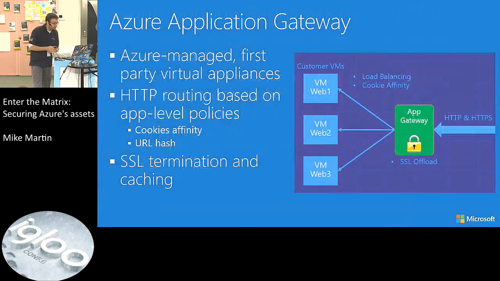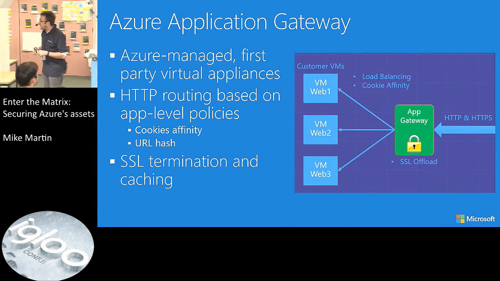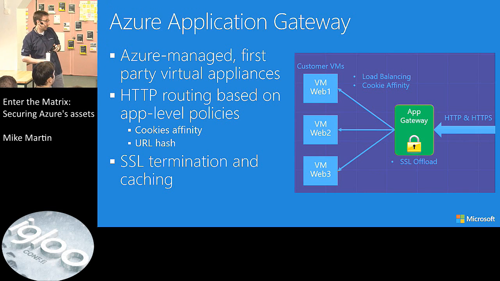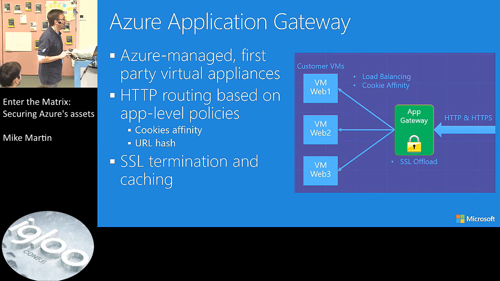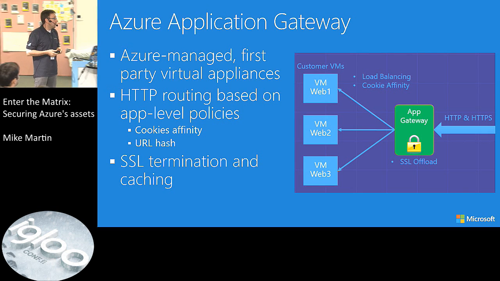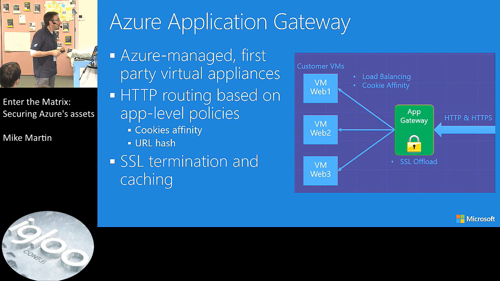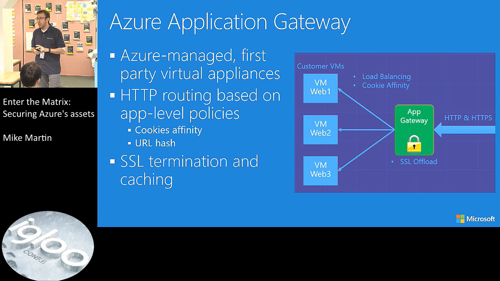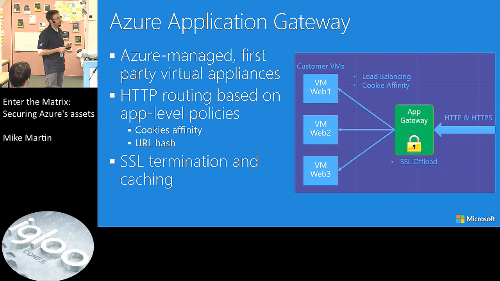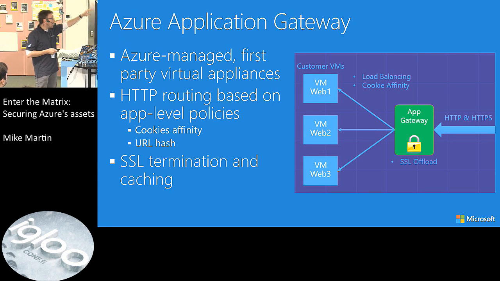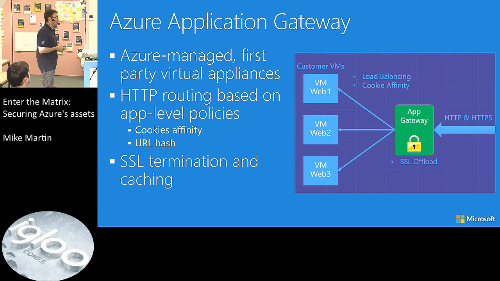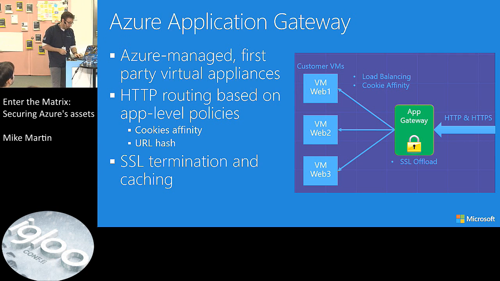We also have the Azure Application Gateway, which we can set in front of the web applications or our web interfaces. There's also now coming a web application firewall instead of just a gateway. So this is good for offloading of your SSL and termination and caching, with cookie affinities and routing, yeah? And they can be managed through Azure too, right?